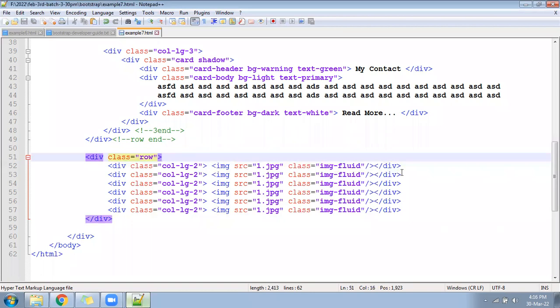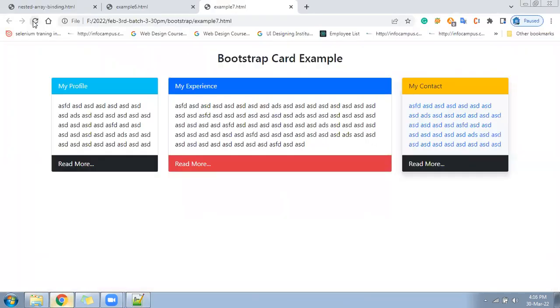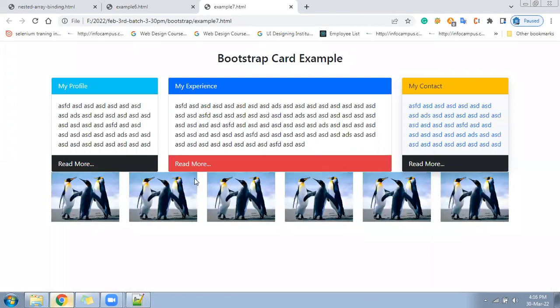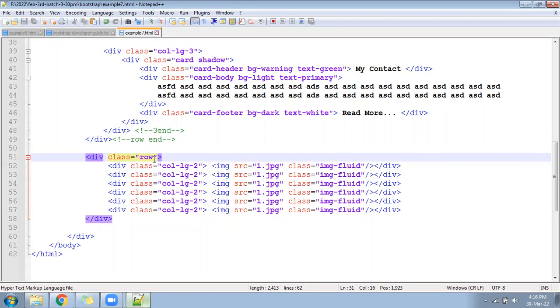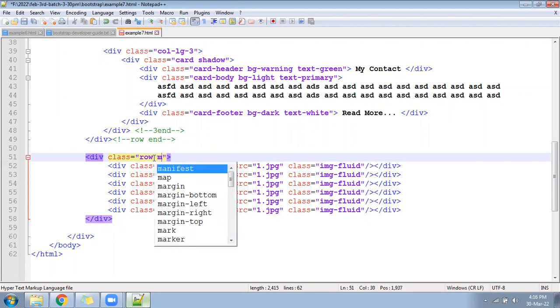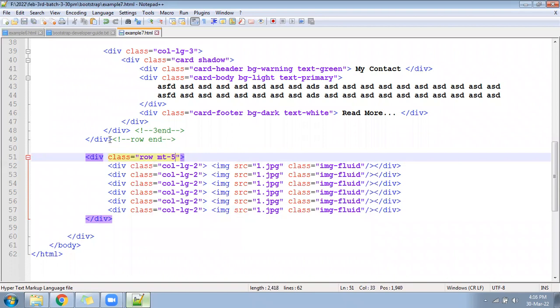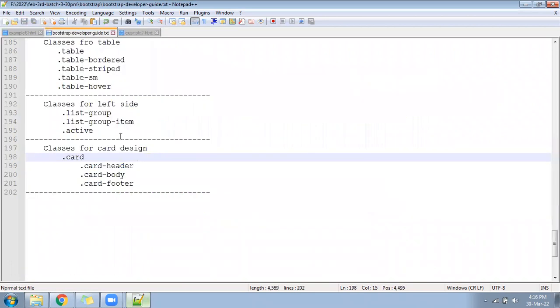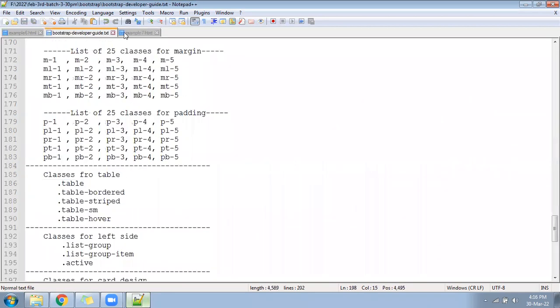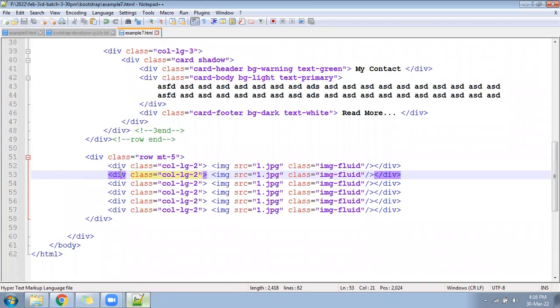Okay, ready. After this, if I run the file, I can see the list of photos here. The photos are coming, but there is no gap at the top. Yesterday we discussed a class name, mt-5. So margin top 48 pixel gap will get applied.